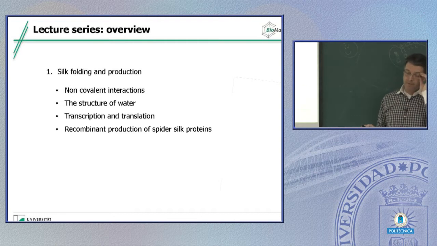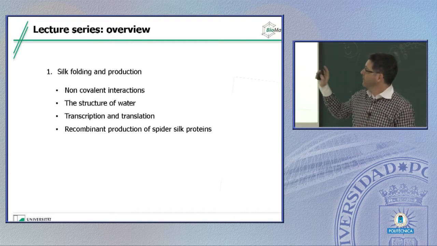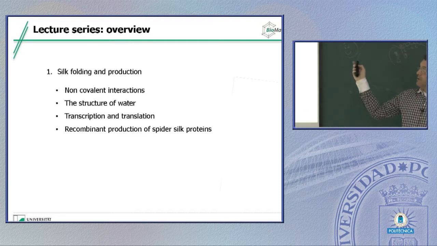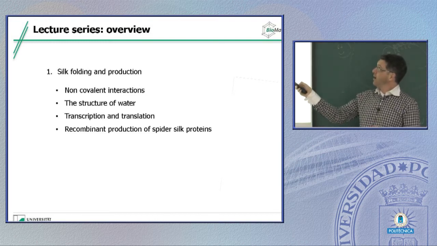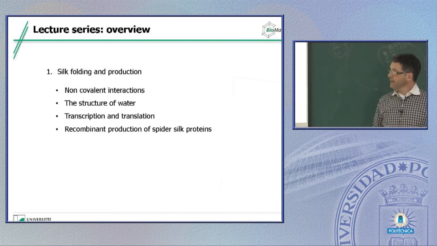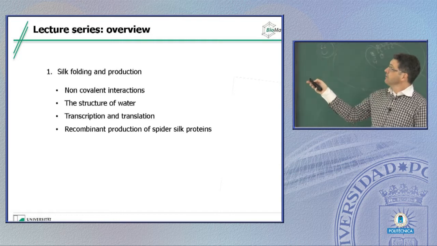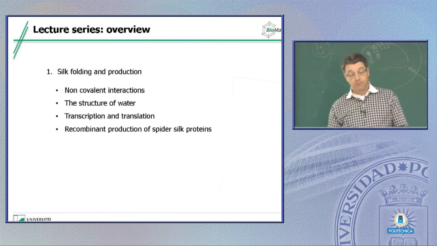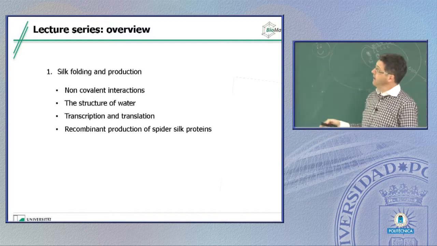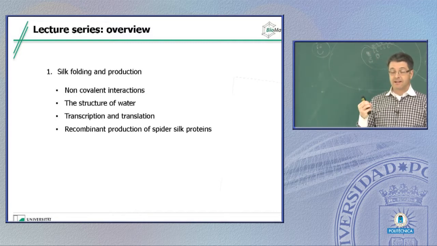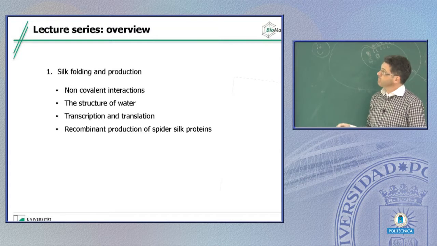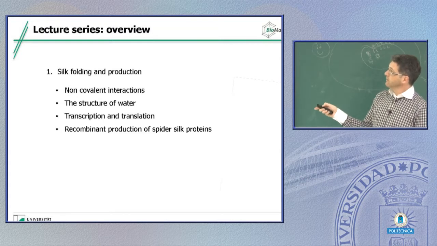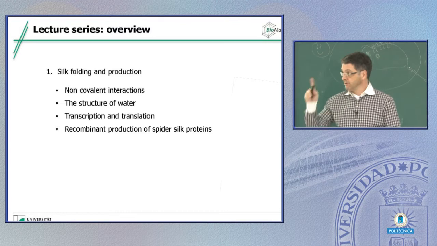To get started with, this is something we had already yesterday. Why do proteins adopt a defined structure? We talked about protein folding, and then also we have to talk a little bit about entropy. Yesterday we heard lots about thermodynamics and a little bit about kinetics. Today I would like to stress a little bit the term entropy. If we see the unfolded state of a polypeptide, that was the U yesterday,